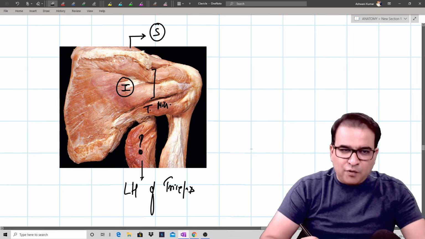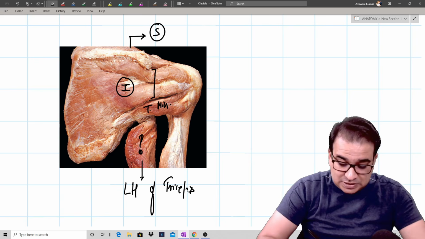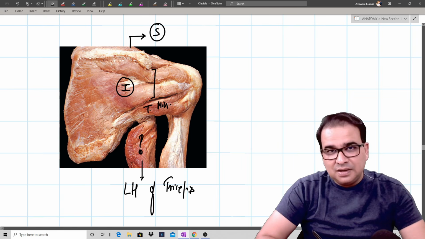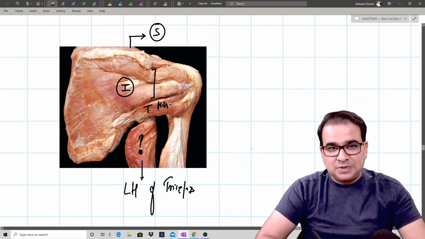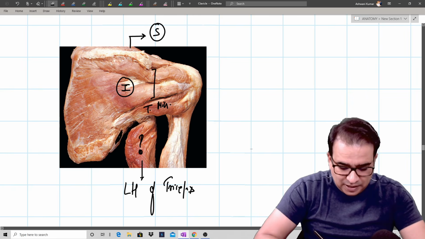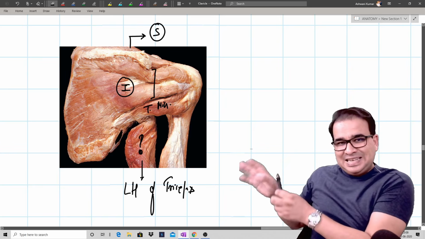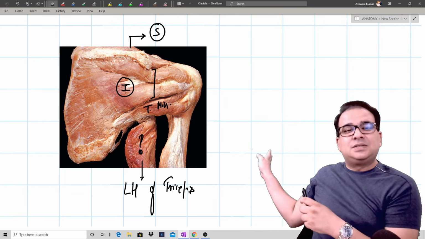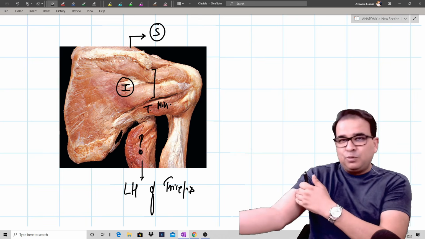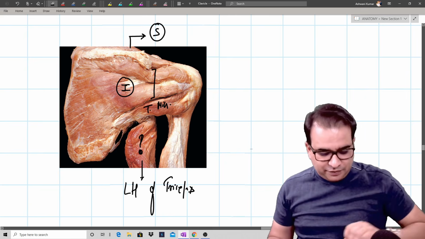So that's another way of identifying the teres minor and teres major, because teres minor is passing behind the long head of the triceps. Teres major muscle will start from here, and that will go in front, because this view is from the posterior side. So teres major muscle will go in front of this long head, and then obviously will come to the anterior surface of the shaft of the humerus.